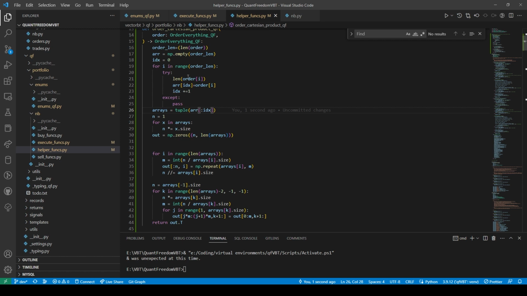You come back up. You get the second one, which is the risk to reward. So the first one was stop loss. So stop loss is 0. Risk to reward is 1. This turns to 2. This is from 0 to 2, which is going to be 0 and 1. And then you pop out.